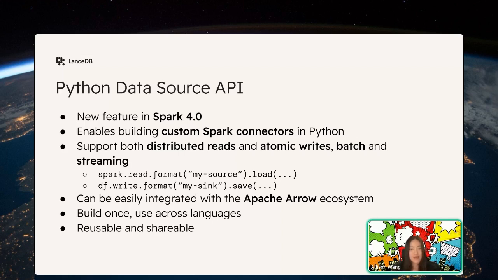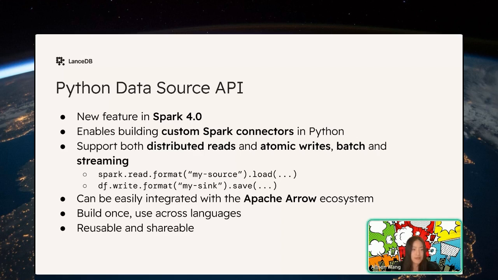Now, with this new API, it becomes much easier to develop data sources for Spark. This API supports many functionalities, including distributed reads, atomic writes, and both batch processing and Spark structured streaming.